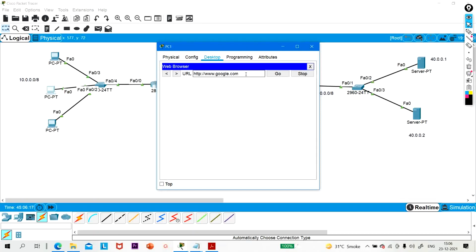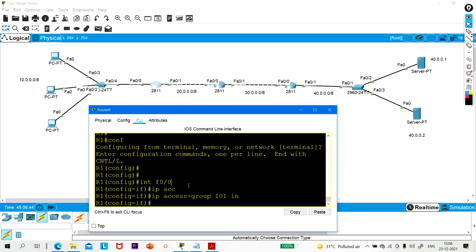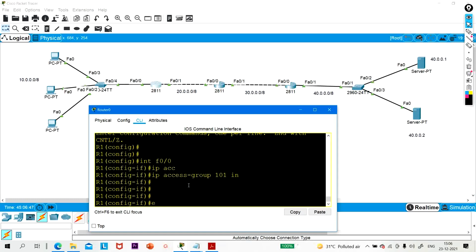www.google.com. Okay, so we need to say that permit. I have to permit 10.2, right?